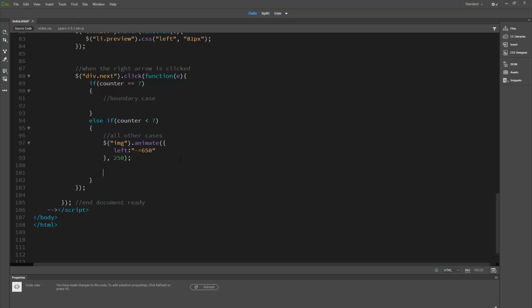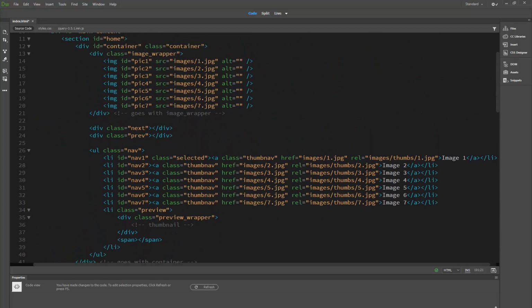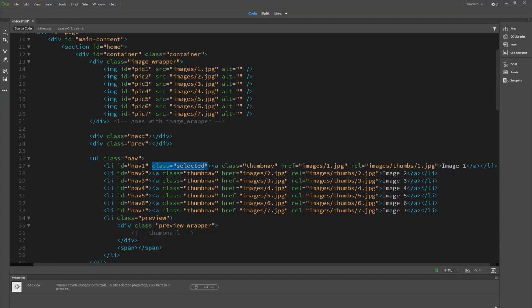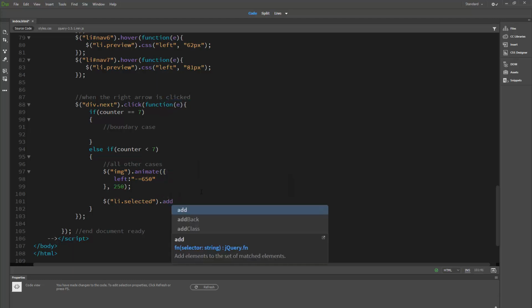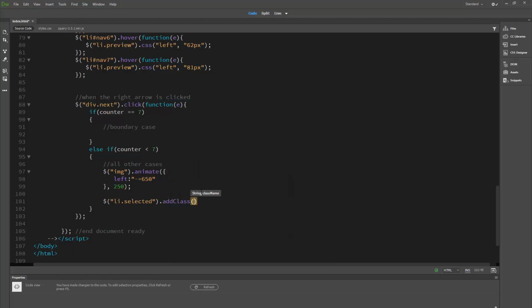After that, we've got 4 lines of code here where we are essentially moving classes around. Now you'll remember up here, there was one that had class equals selected. Well, we need to move that, right? If we click the arrow and we go to the next one, well, the next one becomes selected and this one does not have selected. So what we need are our 4 lines of code. So we're going to do our jQuery selector, and we'll do an li.selected. So the li that is selected, we want to add the class,